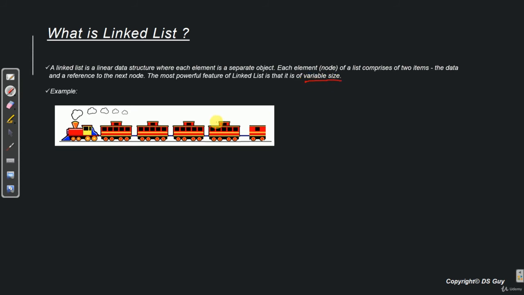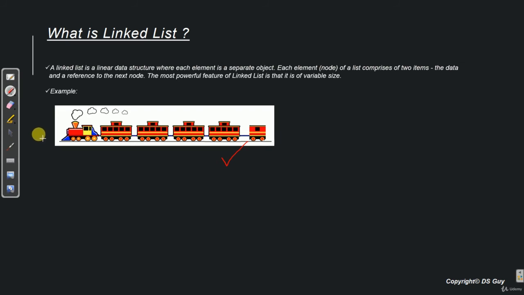That is, we can always remove some compartments or add some more depending on our needs. Now that this train has satisfied all the properties of a linked list, we can say that this train is a linked list.